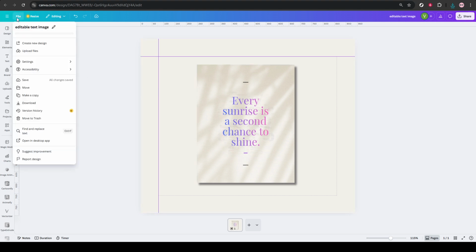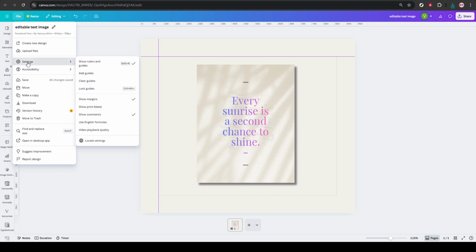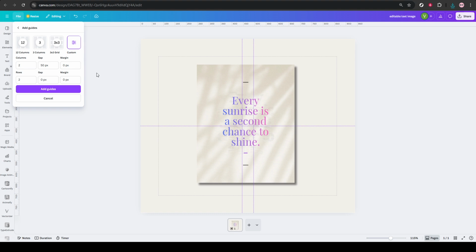If you need more precise structure, go back once more to File, then Settings, and choose Add Guides. This tool lets you set custom margin lines and build a consistent layout. You can add guides exactly where you want them, and you can also create a grid by setting how many